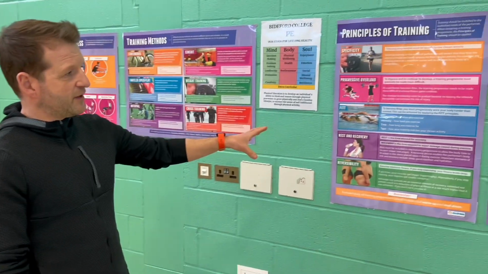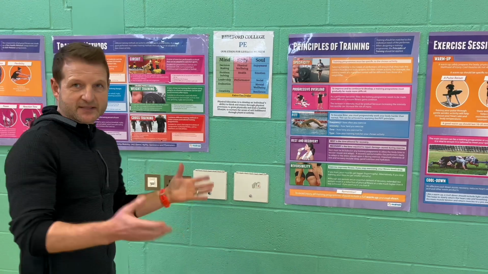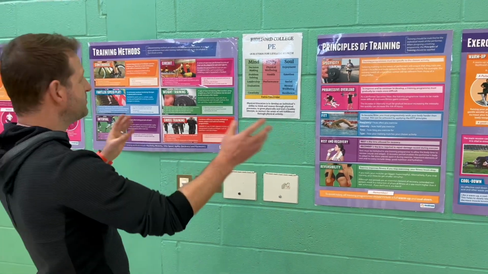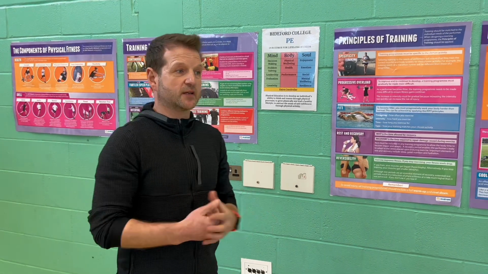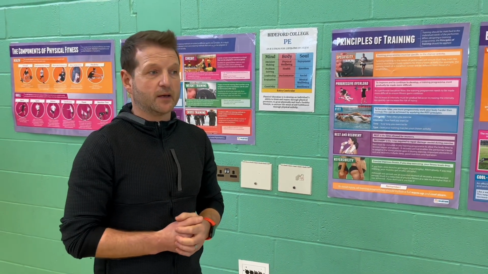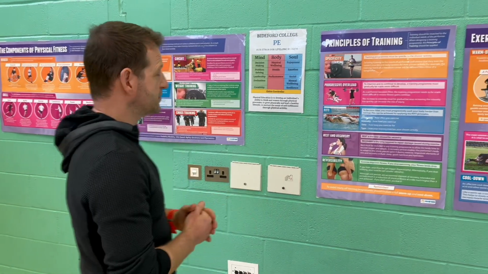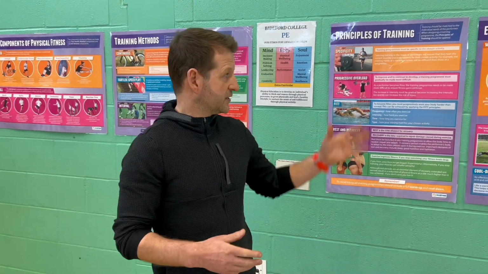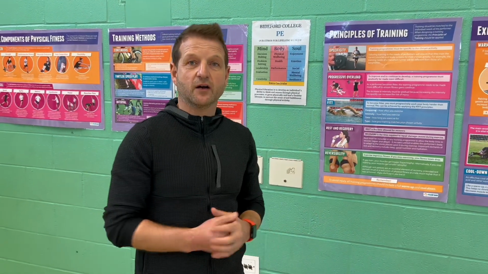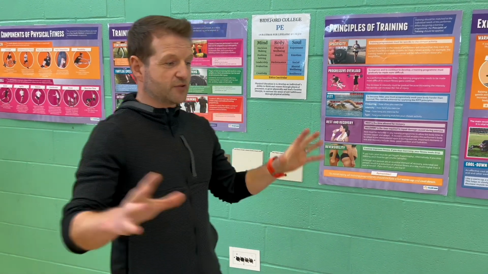In year 11, though, at the end of year 11, the final assessment is the exam paper. So those three components come together and you will actually sit an hour and a half paper, and that is worth 40% of your overall BTEC course. Component 1 is 30%, component 2 is 30%, but the component 3 exam is slightly higher weighted. So as I can say, the three components over the two years add up.